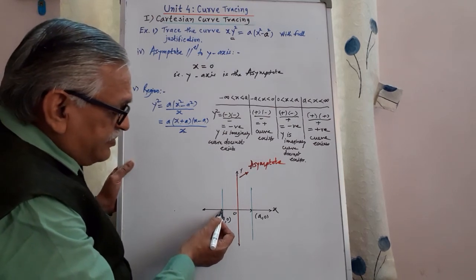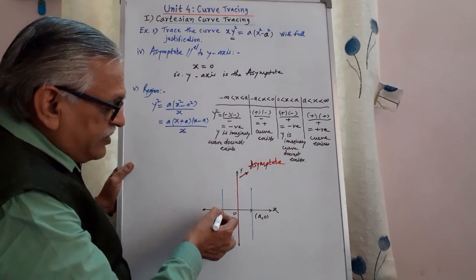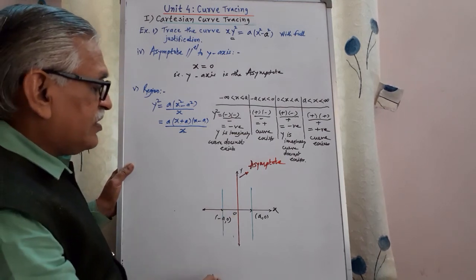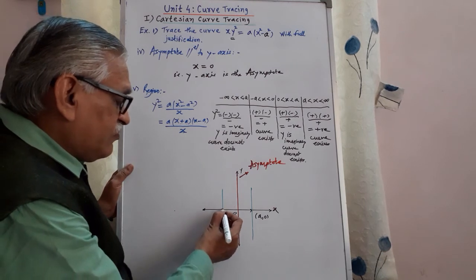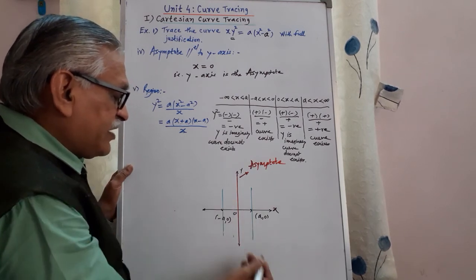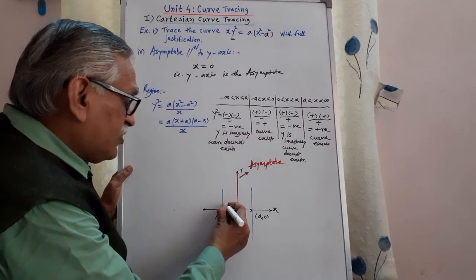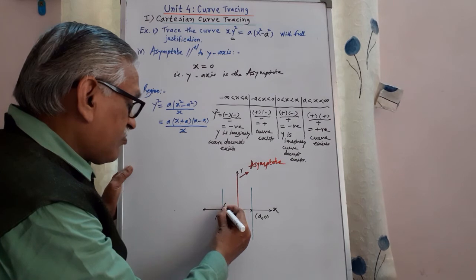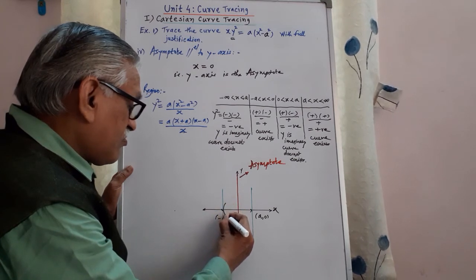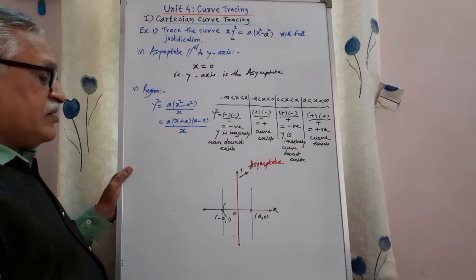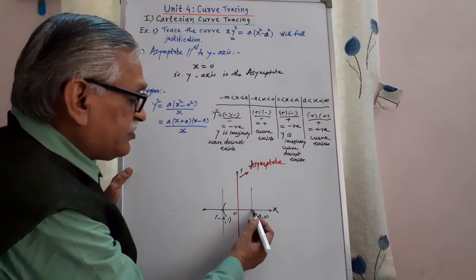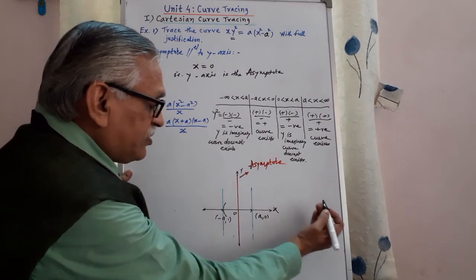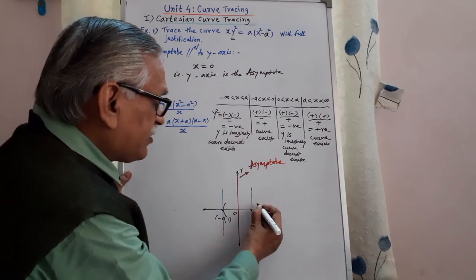Here this line is a tangent at this point. We have to draw a slightly parabolic part. Therefore, we have to draw that on the right hand side of this line. Therefore, I will draw a slightly parabolic part. Here the curve does not exist, and from a onwards the curve exists, and this line is a tangent, means on the right hand side of this line we have to draw another parabolic part.